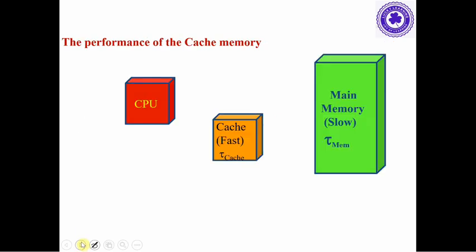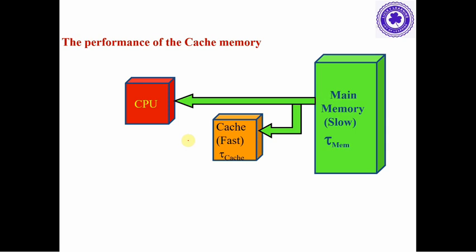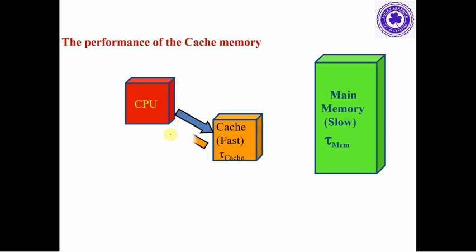Now look at what the CPU will do. The CPU makes a reference to main memory for the first time. A word from the main memory is read and sent to the CPU, and also that word is stored into the cache memory. Whenever the CPU requires the same word next time, what will the CPU do? It makes a reference to the cache and accesses it any number of times,